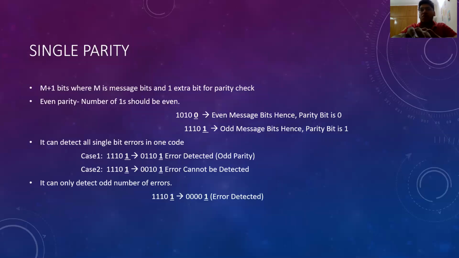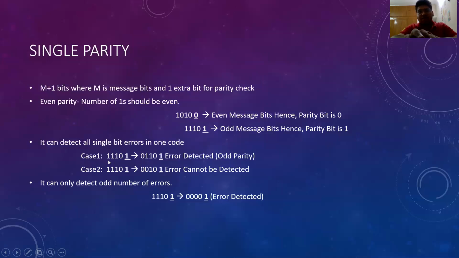So we add a 1 check parity bit. All right. So now the number of ones is 4, which means it's an even number. So when the receiver receives this message, it checks for the even number. If the number of ones is even, it means the message is correct without any errors. But there is a drawback for this method. How? Let's take a few cases and we'll get to know.